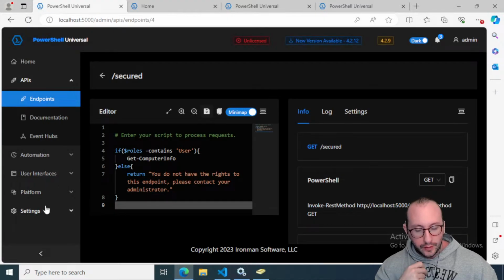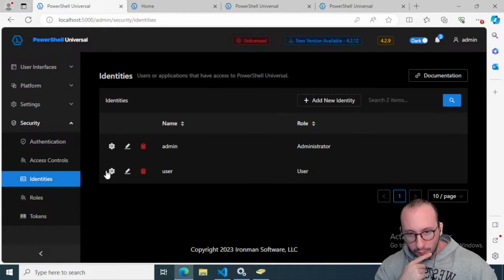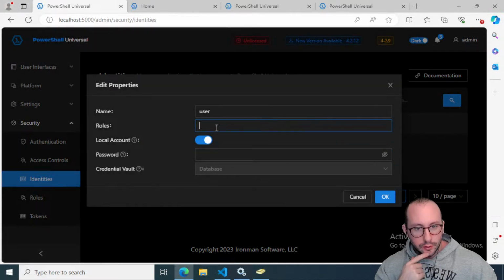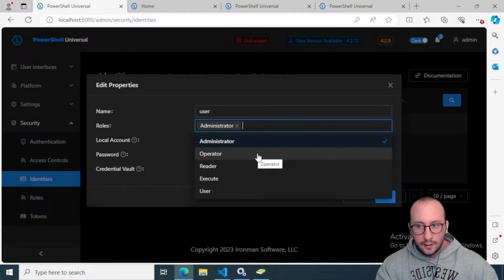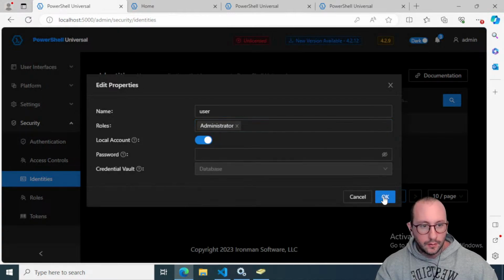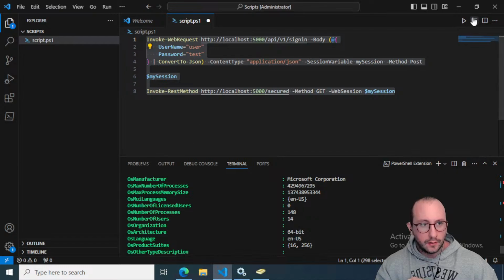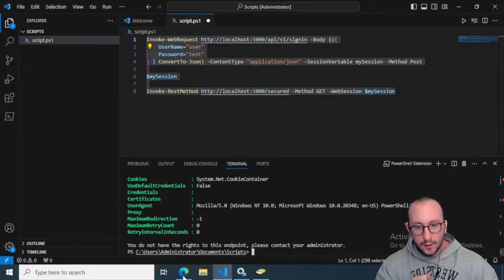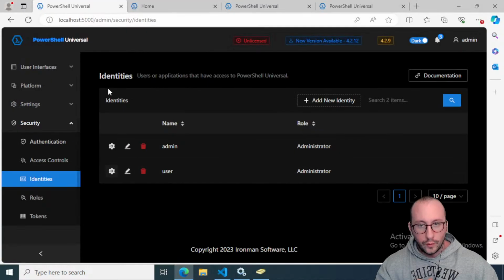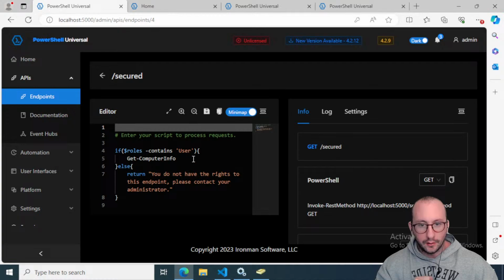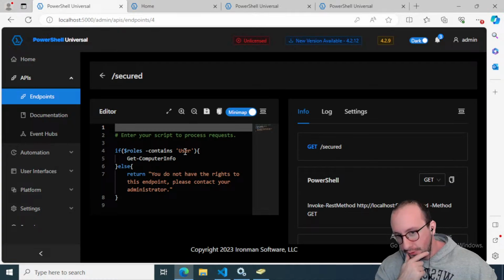And then if we go into identities and change our user to just be administrator, we click on OK. We go back in here, we run this, we get you do not have the rights to this endpoint, please contact your administrator, which is exactly what we would expect because on the secured, we specify if the roles is